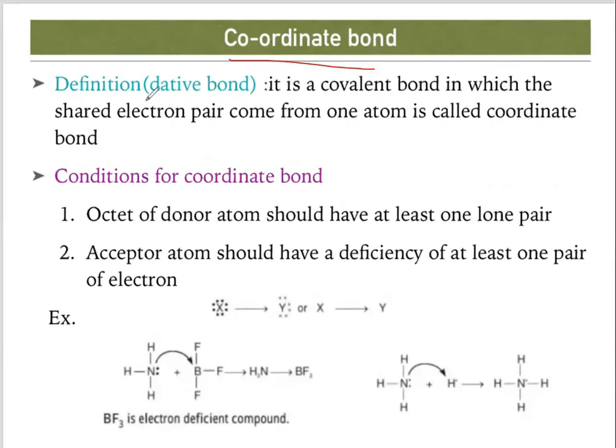Coordinate bond. So what is the meaning of coordinate bond? It is the covalent bond in which the shared electron pair comes from one atom, called coordinate bond. That means whenever there is a formation of coordinate bond, the shared pair of electrons will come from one atom. A is an atom, so it has electrons, and a pair of electrons can be donated to form a coordinate bond. So A is going to donate the pair of electrons to the vacant orbital of B. Remember, this one is the vacant orbital of B. Any bond represented in the arrow form from a donor to acceptor is called a coordinate bond.